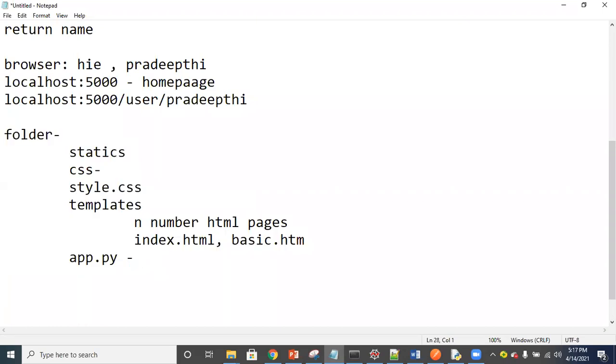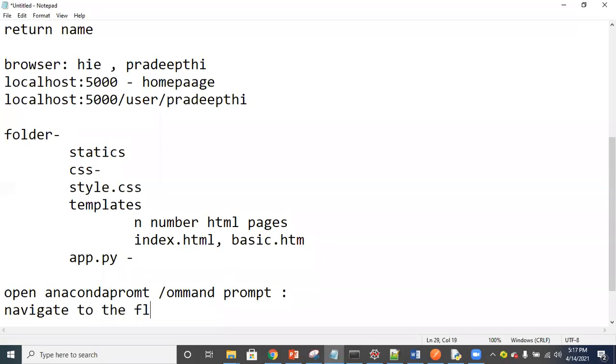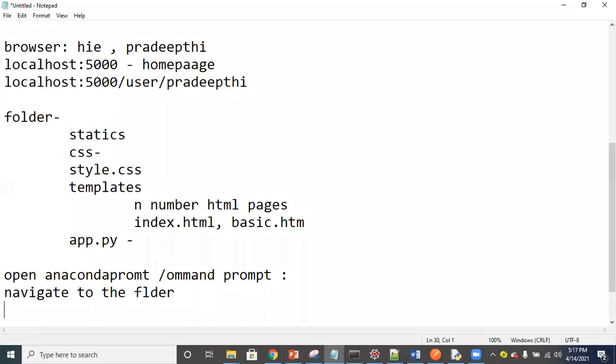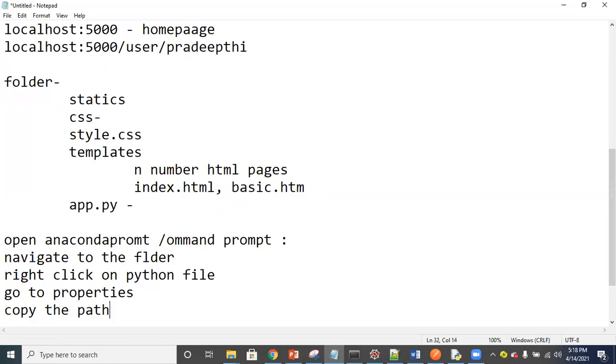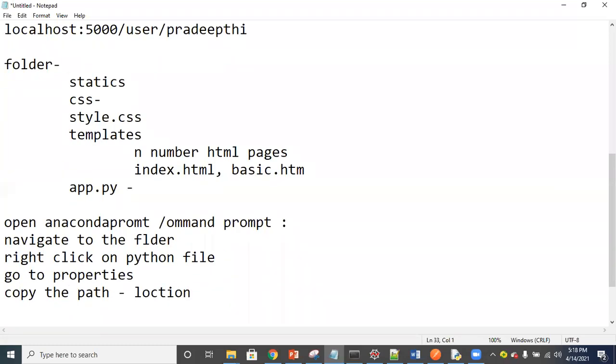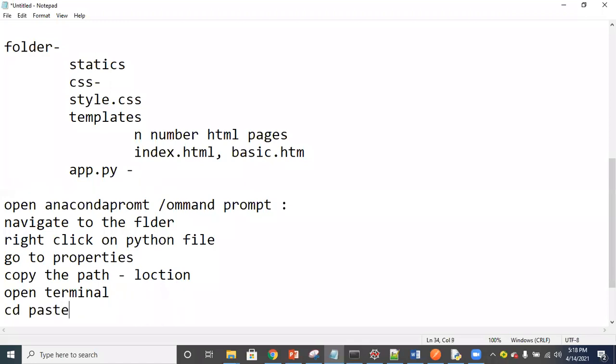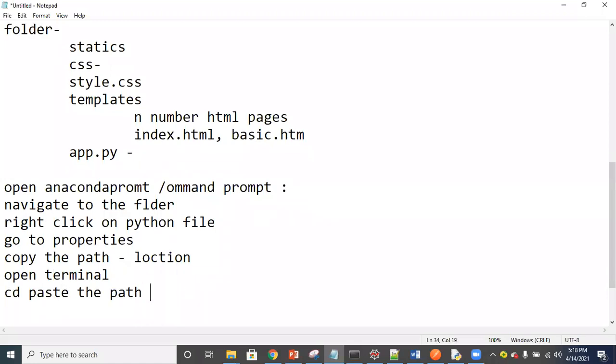And now, how do you run your Python code? You have to open Anaconda prompt or command prompt and navigate to the folder. How do you navigate? Right click on your Python file, go to properties, copy the path, the location that means. Open terminal, cd space, paste the path, and then run your code